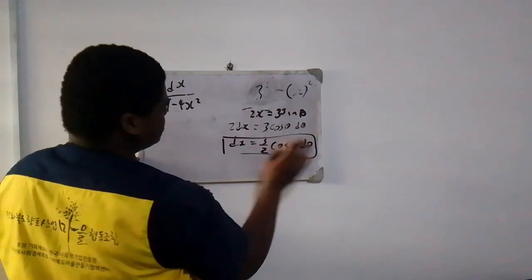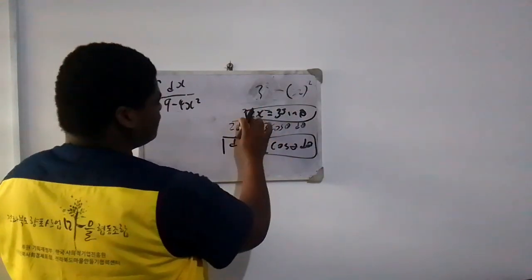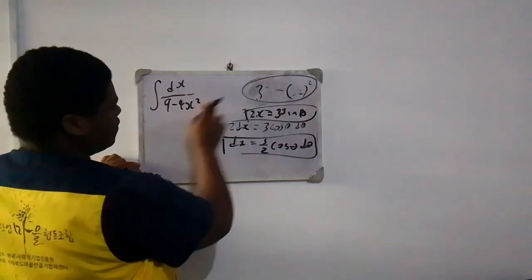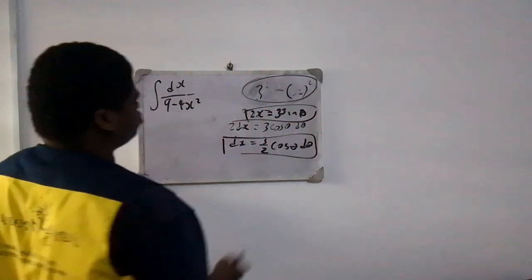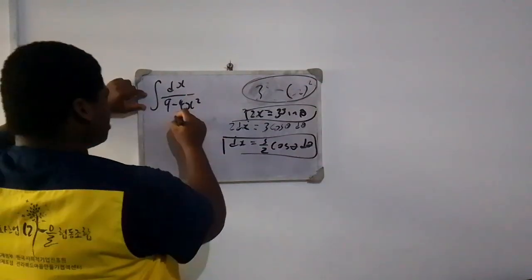But I'm going to leave it like this. 2x is equal to 3 sin theta. I'm going to leave it like that because I've already shown you why we have 2x instead of just x, because then we have 4x squared. So I'm just going to use the substitute. But anyways, now I've gotten what we're going to substitute with. So now by the time you substitute,